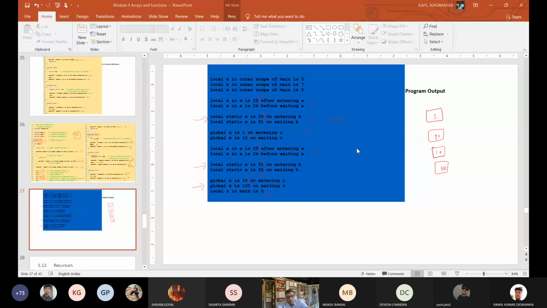Because in recursion you have already seen that there is a base condition and other conditions also. On the basis of the base condition, you can execute certain things. If you know the base condition, then you can call a function inside a function. You cannot define a function inside a function, but you can call the function inside a function. That is the beauty of recursion.